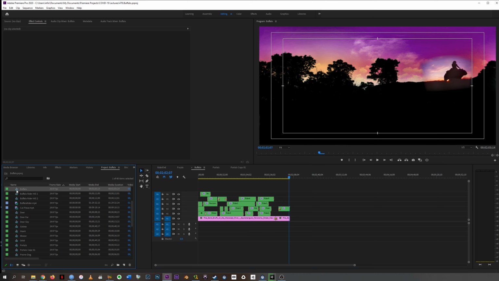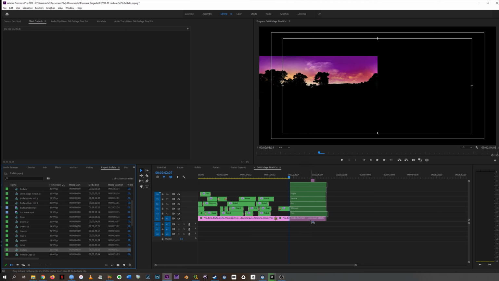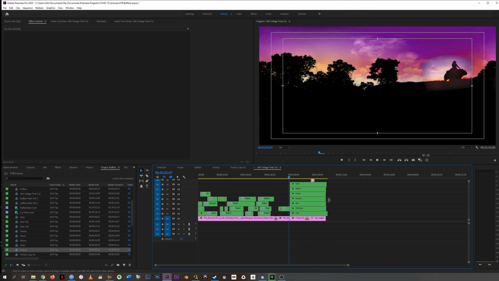Probably the best way of doing that would be to duplicate Buffalo, call this 360 collage Final Cut or something like that. Final version 2, I swear, draft, this is the one, that kind of thing. And then I'm going to double click that and open that one, because this way I'm leaving Buffalo untouched if I need to go back to it. I'm going to grab Portals and literally click and drag it into the final project here, the final sequence. And now I've got the whole thing